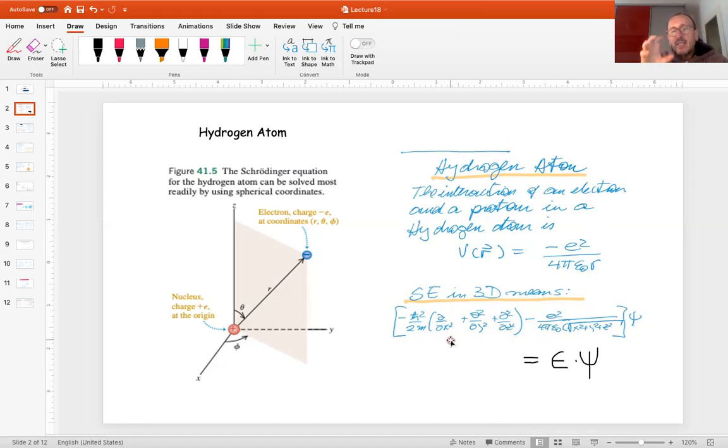So if I interpret that as the operator and I square that operator and divide it by 2m, I get this expression, okay? So I can define a quantum mechanical operator that mimics the kinetic energy, and I have one that mimics the